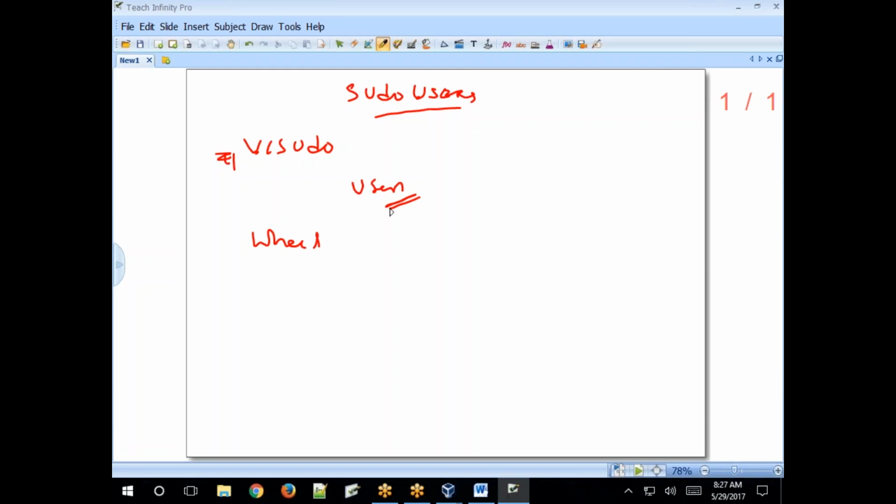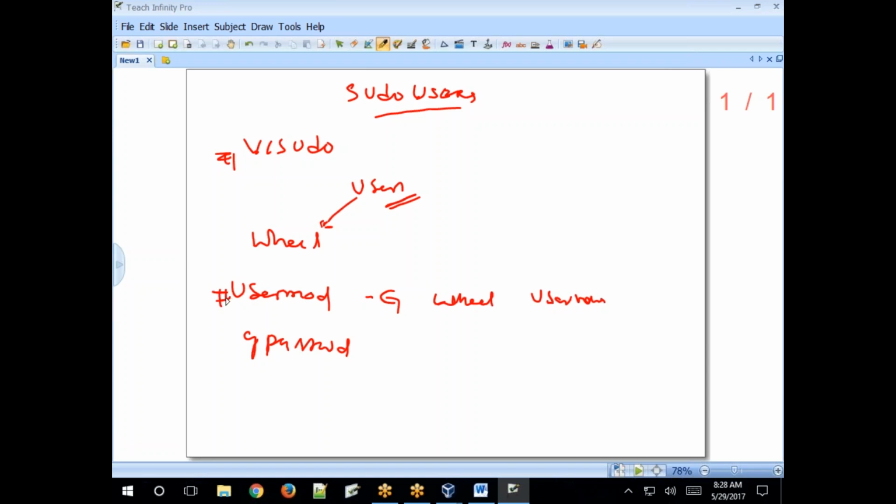Okay, how to add this user into this group? usermod or gpasswd, you have these commands, right? usermod. So what is the command? usermod hyphen capital G, then the group name. What is the group name here? wheel. Then the username. Simple. This is one method.